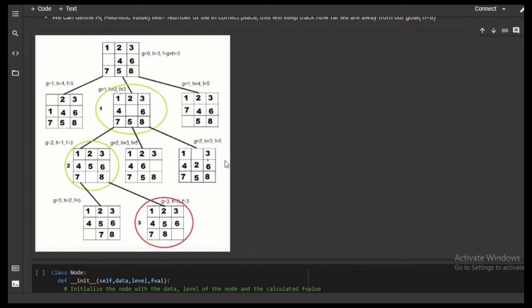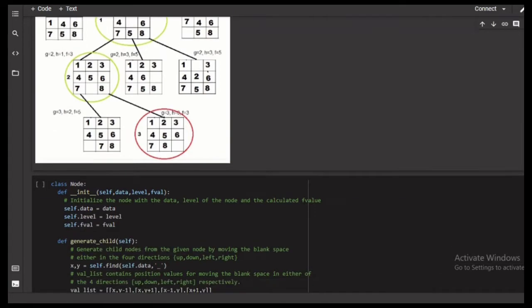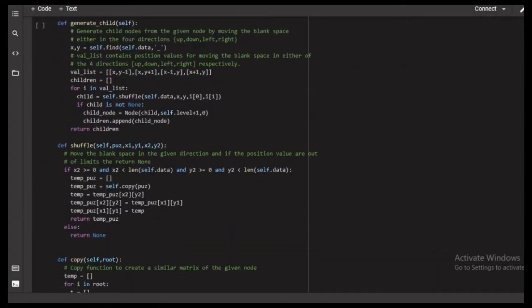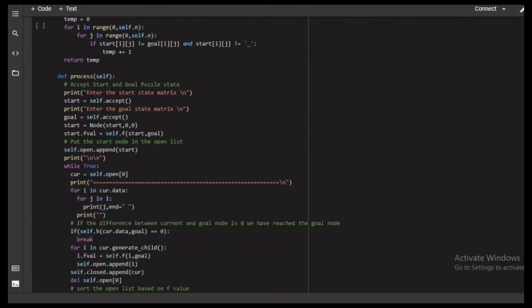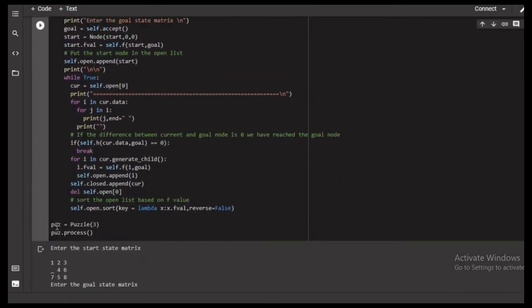So let's start with the program of this problem. Here I am getting an object of the puzzle class, and I am calling the puzzle class by passing the value 3. 3 is nothing but the size, because we are using a 3 by 3 matrix, that's why we are passing 3.